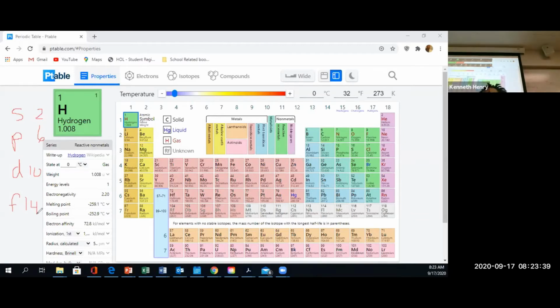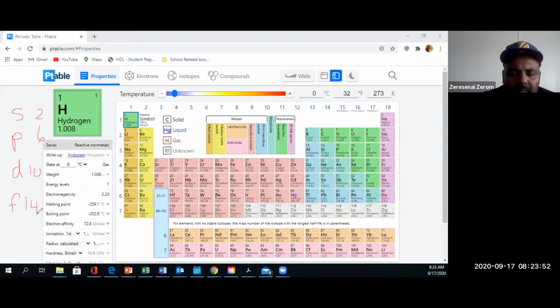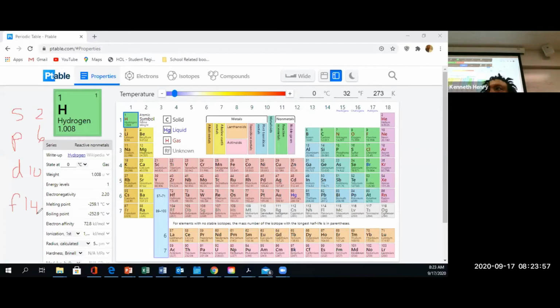Okay, so the periodic table, again, is set up based upon a combination of energy and also how those electrons are going to be placed into the orbits, the different sublevels. So this first 2, group 1 and group 2,